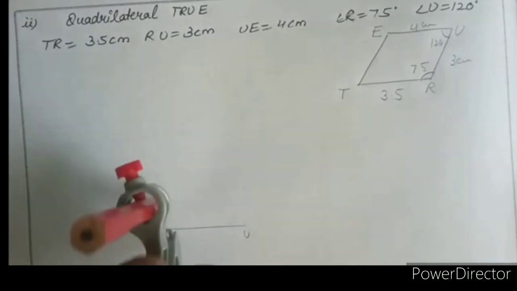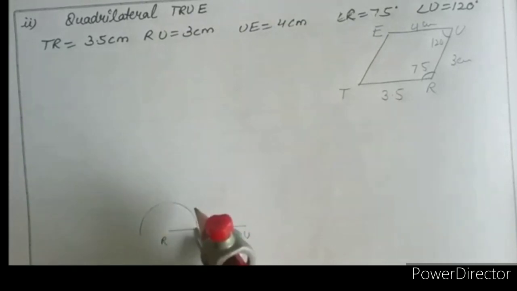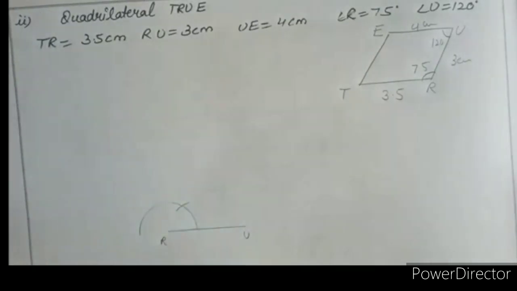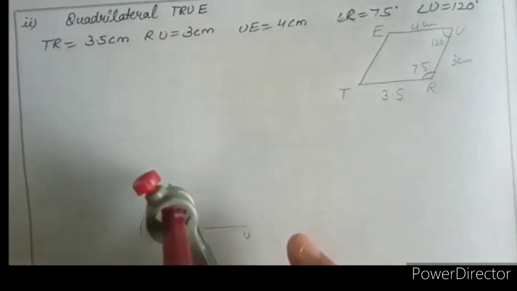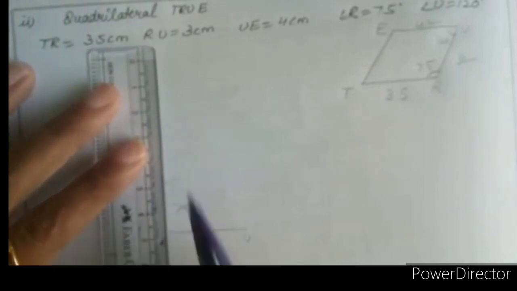For that, using compass any convenient radius, draw a lengthy arc. From the intersecting point as center, same measure, cut that lengthy arc, and again from that intersecting point one more arc. From the 2 arcs as centers, draw 2 arcs, you will get 90 degree. It is 90 degree. So draw a line.